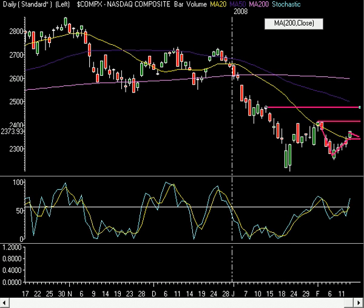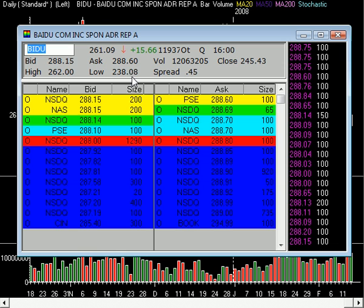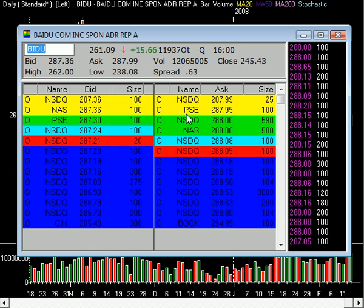Okay, take a look at Baidu here. Baidu had earnings after the bell, and we mentioned today that there were two key things. Before the bell, there was retail sales, which really gave us a good push today as they came in better than expectations. And then after the bell, Baidu was the key, and we wanted to see whether or not we went up. And I will show you Baidu's after-hours chart, and we are seeing Baidu trading at $288 after closing at $261. It was up $15, almost $16 today, and is skyrocketing after hours on earnings,